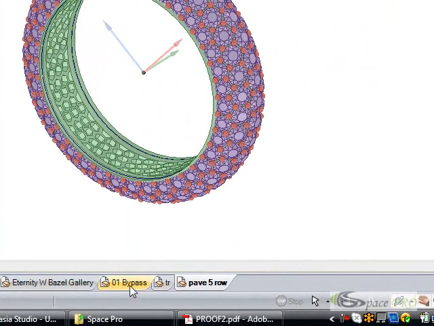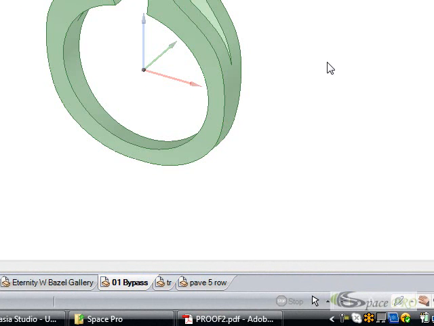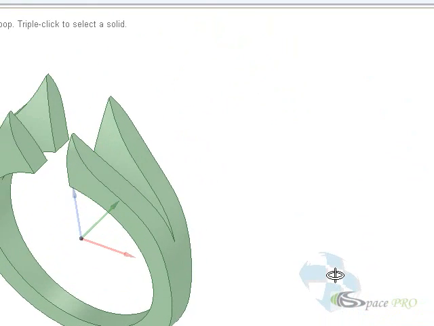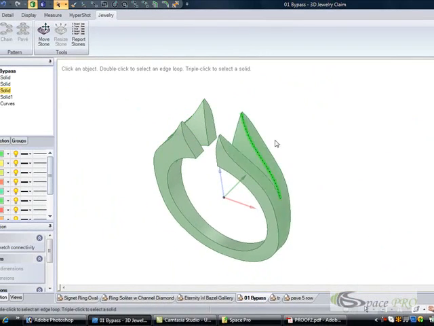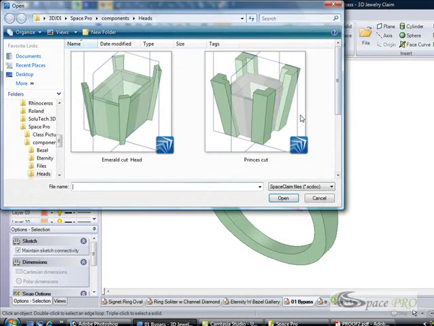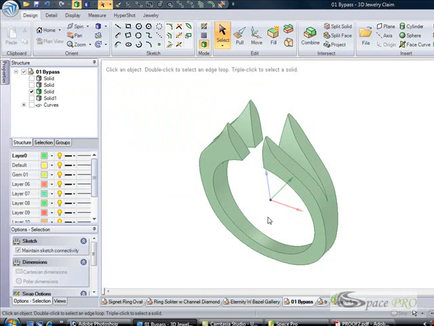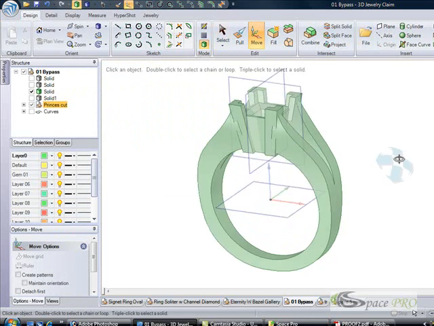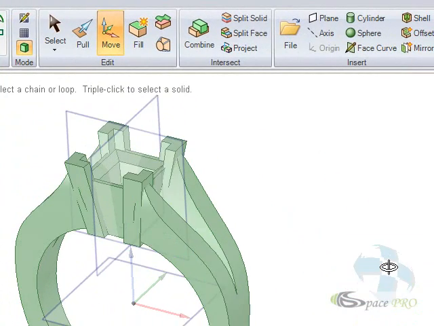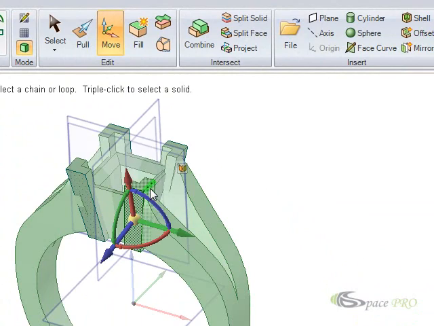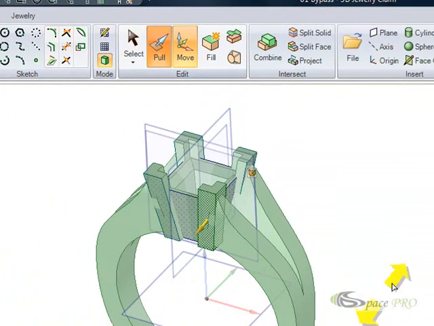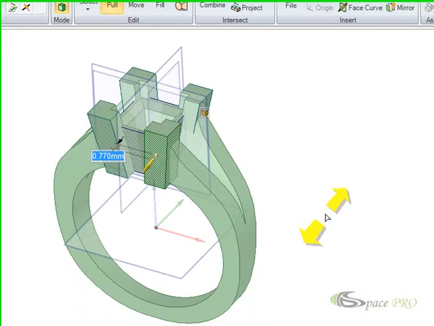Next, I'm going to open up a bypass ring. This is my shank that I created in 3D Space Pro, 3D Jewelry Claim, and I want to bring a basket onto this shank. If I click on Design, File, grab the Princess Cut, open. Let's say we got the basket and the ring shape, and over here it intersects with the shank. What we can do is select the surface of the basket, and we can pull it a little bit thicker or thinner,